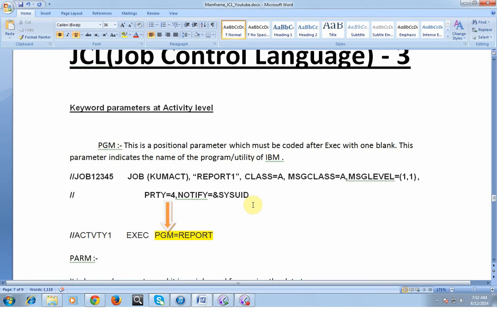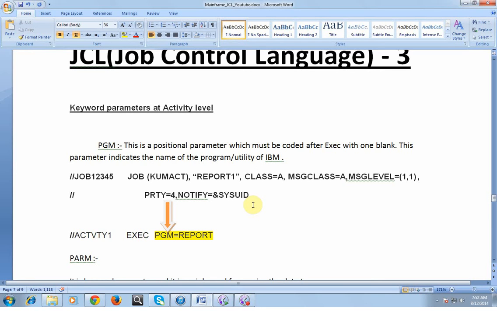We have various IBM provided utilities which we can discuss in our next videos. As part of today's class, I would like to tell you that we have a utility called IEBGENER which can be used to copy data from one data set to another data set.